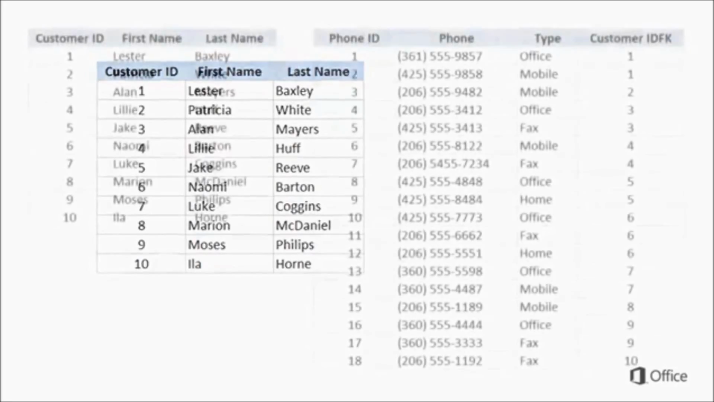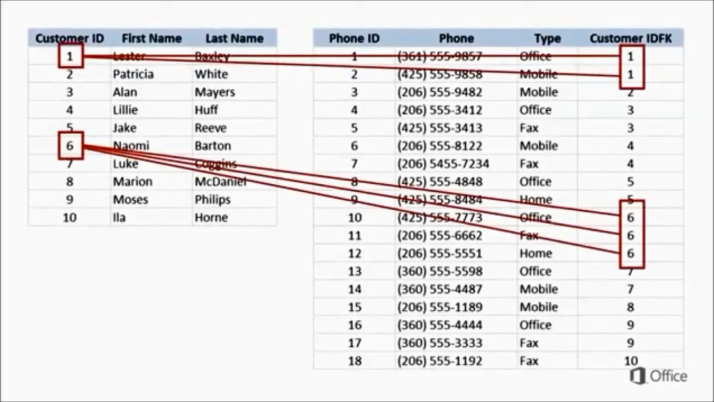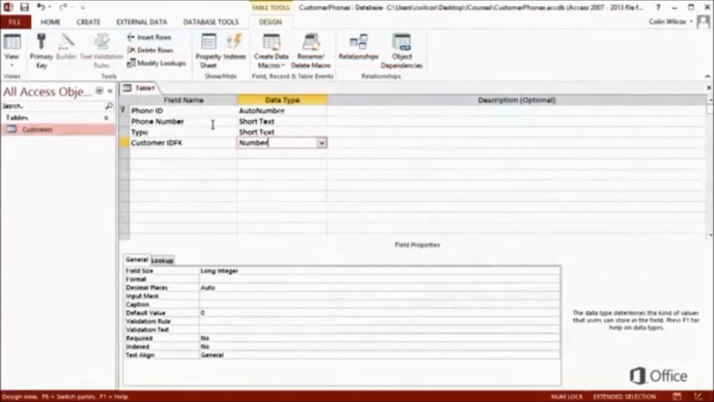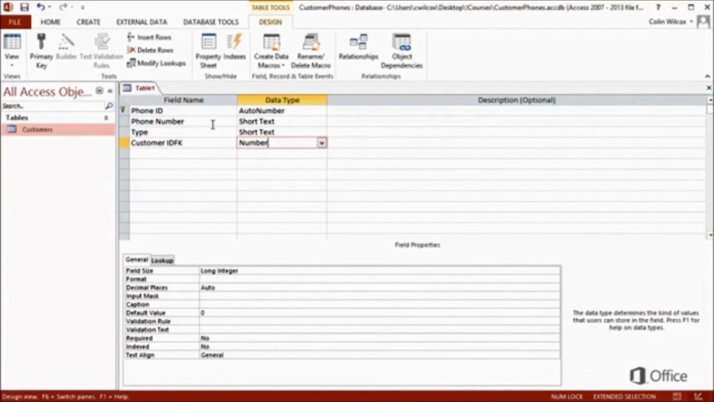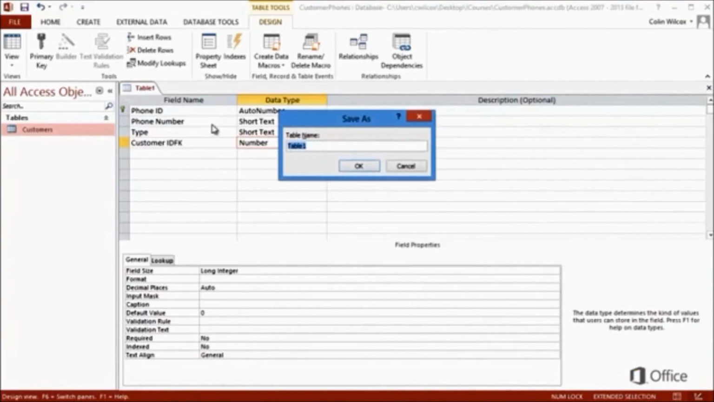The thing is, you'll need to duplicate values in the foreign key field anytime a customer has more than one phone number, so we can't use auto number here. We need a compatible data type, and in this case, it's number. But you can also use other data types with your key fields, such as text, and the course summary has links to show you how that works. For now, save the table, call it phone numbers,